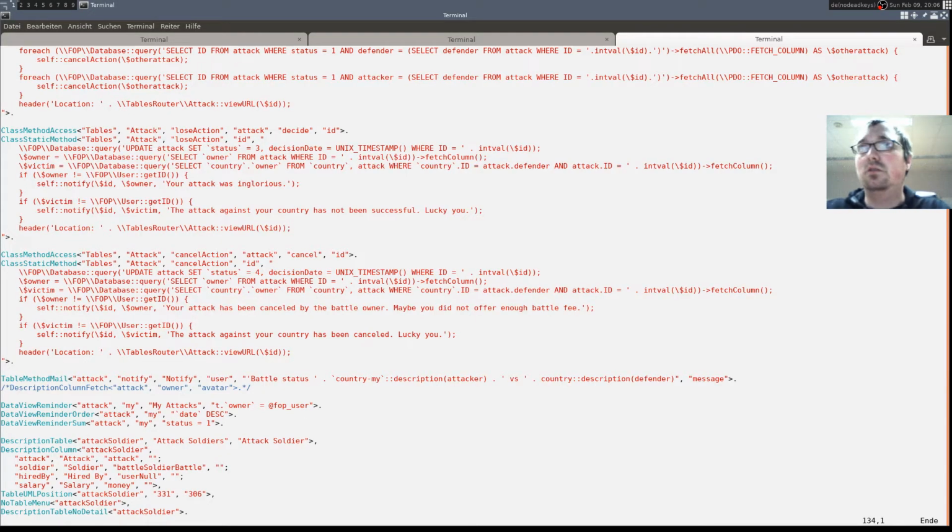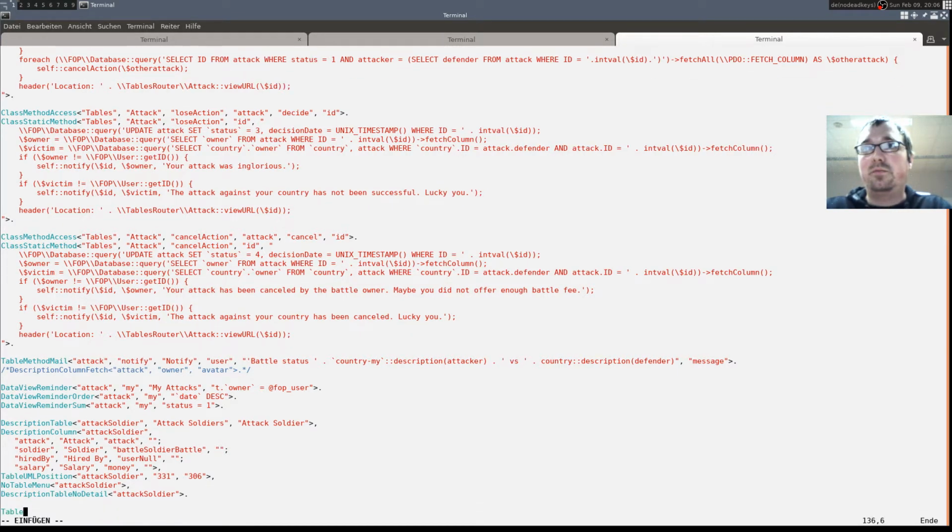So table mirror 2D, table mirror attack soldier will result from an attack which is created from the table attack, and will always be there, and from soldier will be loaded from battle soldier,